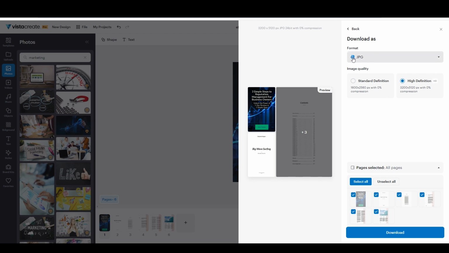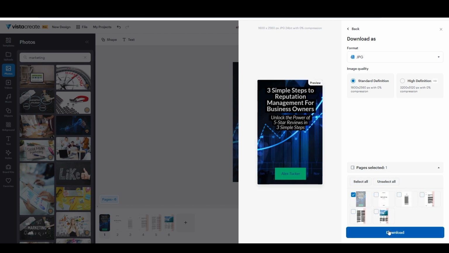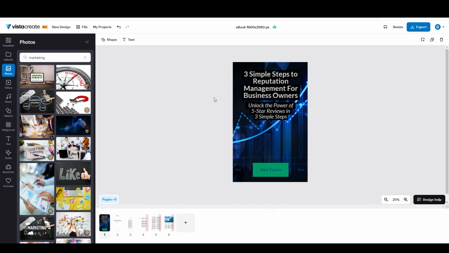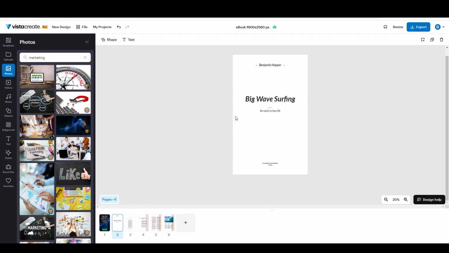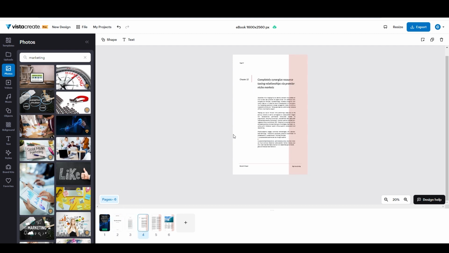And so to get that image, I just need to go to export and then download as. And you can see JPEG, and I would just recommend getting standard definition because that's going to be plenty big. And then you can unselect all and just select the first page, and then you would say download and you would get your cover image. And then the next step would just be to go to the next pages, which are down here. You can see that there's a cover page here, and then you can go to the table of contents